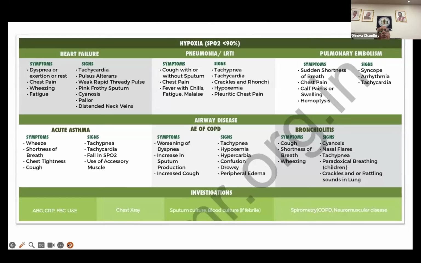Now, when you come to pneumonia, LRTI, Professor Khilnani explained it very well. What is required in this case is the triad which we look at. The triad means you will have a fever, a cough, and along with it expectoration, and pleuritic chest pain may add up. So if you have fever, chest pain, a cough which is purulent, or at resolution time you may have a rusty sputum, which he described. So that is the triad we classically look at.